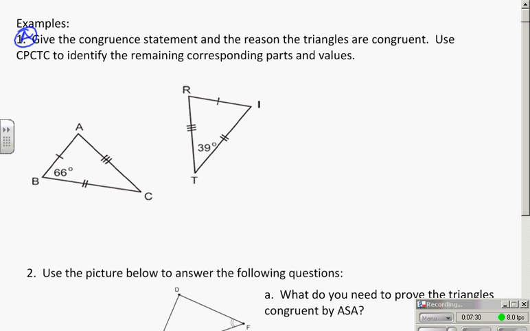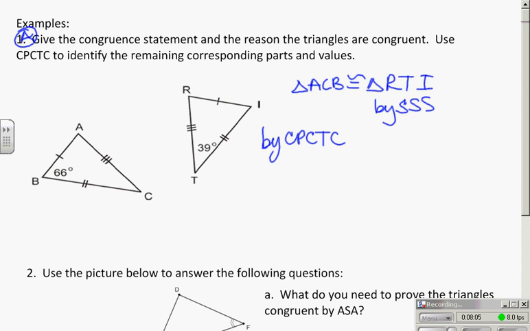Now to take a look at some examples. First part, A, give the congruent statement and the reason these triangles are congruent. I see hash marks on all of these sides, and so I know that triangle ACB is congruent to triangle... A is between the 1 and the 3, R is between the 1 and the 3 hash, C is between the 2 and the 3, T, B is between the 1 and the 2, and I. ACB is congruent to RIT by side, side, side. Then by CPCTC,